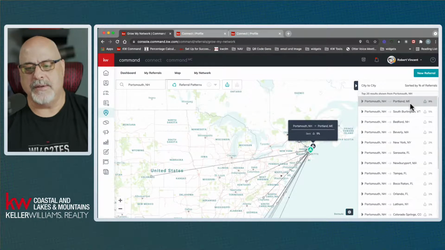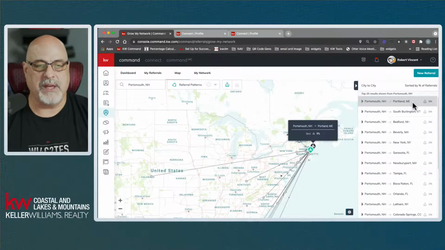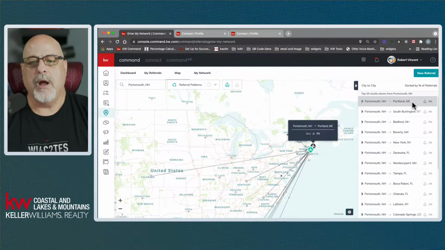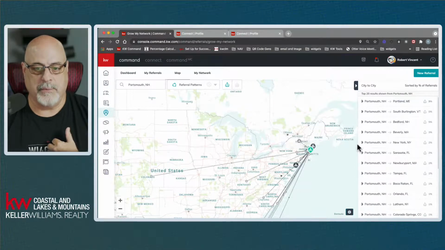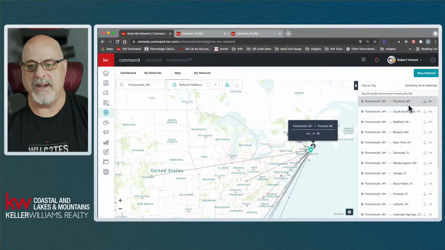At 9% of the people leaving this area going to Portland, Maine, if somebody came to me and said, do you know an agent in Portland, Maine that I could talk to about getting a place up there because I'm thinking about moving up to Portland, Maine? Since that's a 9% value, if I was an agent in the Portsmouth Market Center, I can guarantee you right now, with 9% of the people moving to that area, I would find as many agents and connect with them in the Portland, Maine area as possible,